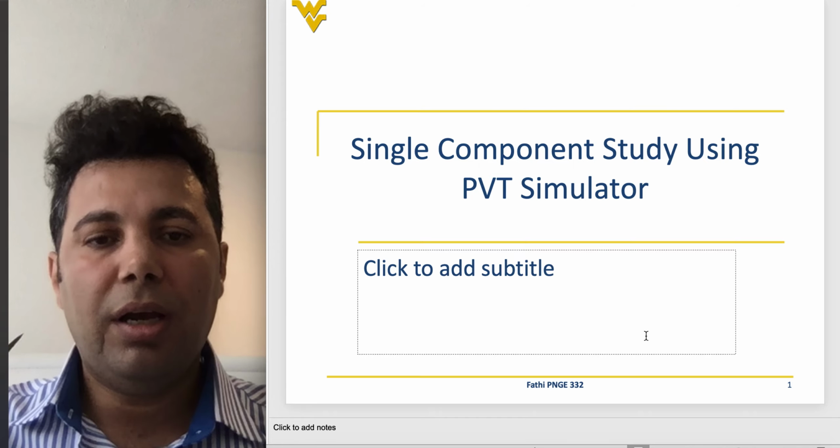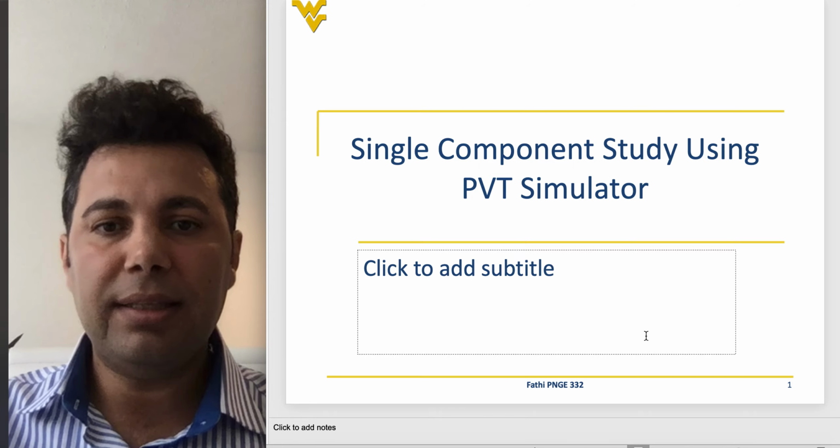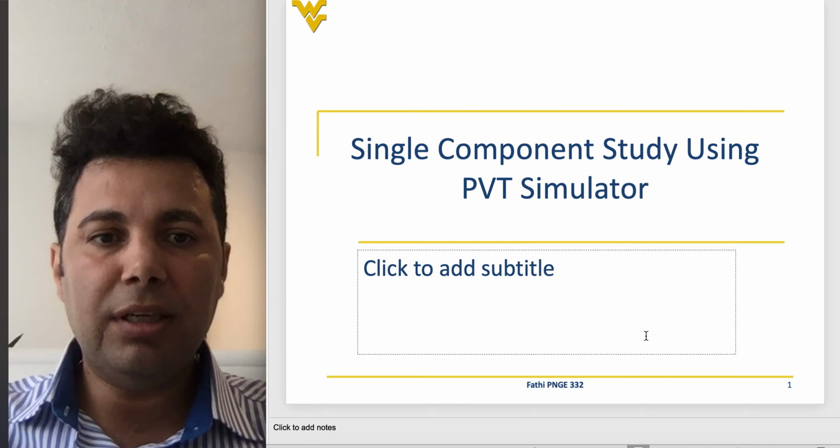So the lab today, as I said, the title of the lab is a single component study of the CO2 using PVT simulator. So we are going to study the CO2 phase behavior. Again, the motivation is as a reservoir engineer routinely working with the data obtained from the PVT studies, we need to know what this information is, where the information is coming from, and how this information has been